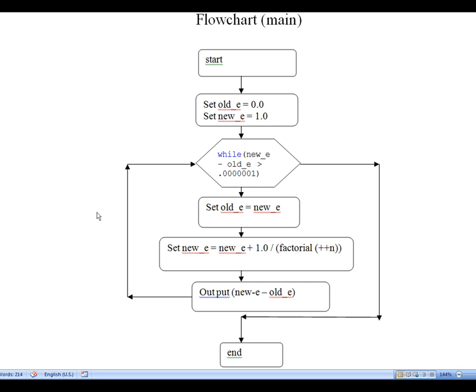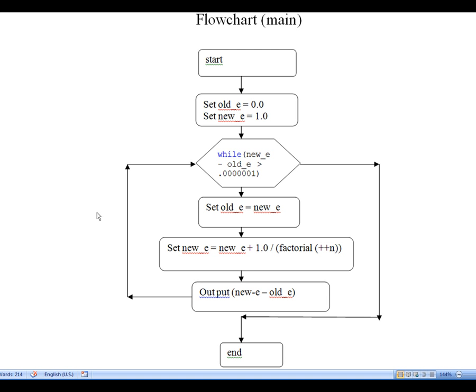If that is the case, you want to continue and set the old E to be the new E, and then you are going to have the new E calculated by having new E plus 1.0 divided by factorial of